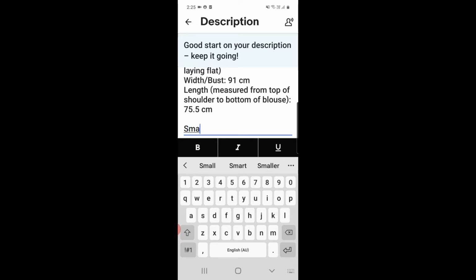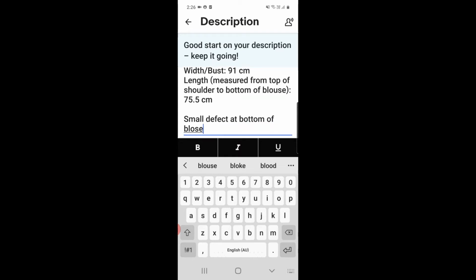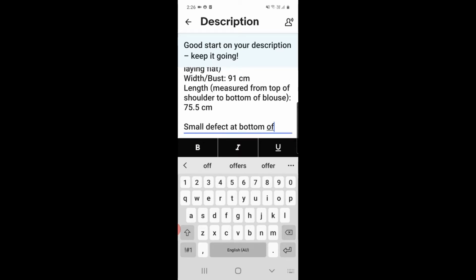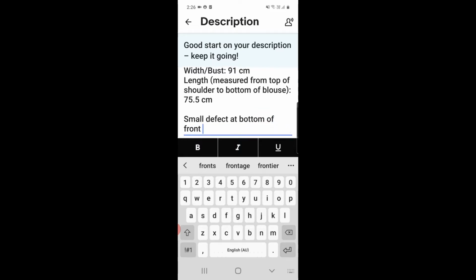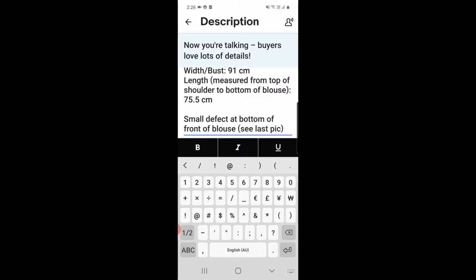I'll just put small defect at bottom of blouse. It's actually at bottom of front of blouse, isn't it? And then I put in brackets, see last pick, and that is already loaded up. See last pick, so that they can actually just have a look at it. Okay, so you've done your description. Hit the little arrow to go back,